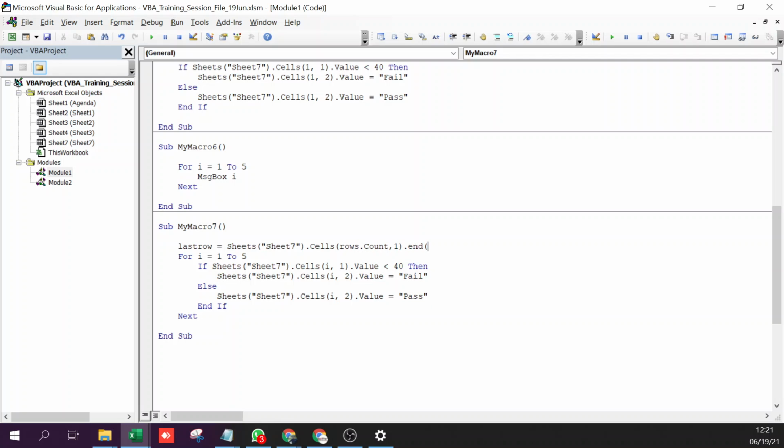Dot end Excel up dot row. This gives me the last row by default. If I'm checking in the first column, it will give me the last row of the first column. So basically it is starting from the last row of Excel, the first column, doing a control up, and the cell which comes, it gives the row of that cell.